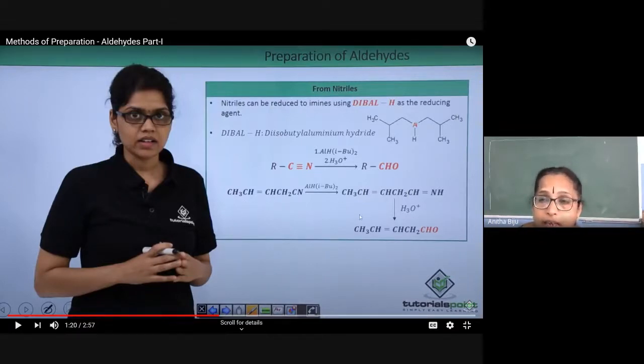You can see the second equation. Here one specific example is given. You can look at this cyanide. It has a double bond. And what is the significance of this reagent? It is a reducing agent. But you know what a reducing agent is? A reducing agent is something which is capable of adding hydrogen to the reactant.